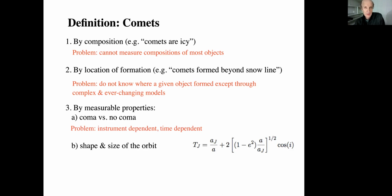So if you have a weak instrument on a small telescope, you won't see a coma. If you have a big telescope, you might see the coma. So then it depends on which telescope you're using. So that's not a great definition either. And then characterizing it by the shape of the orbit is okay, provided that that shape of the orbit is